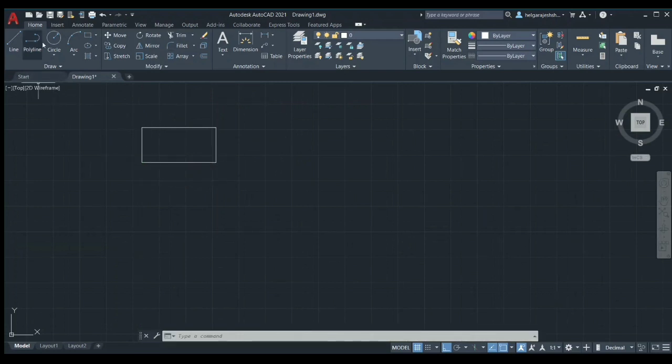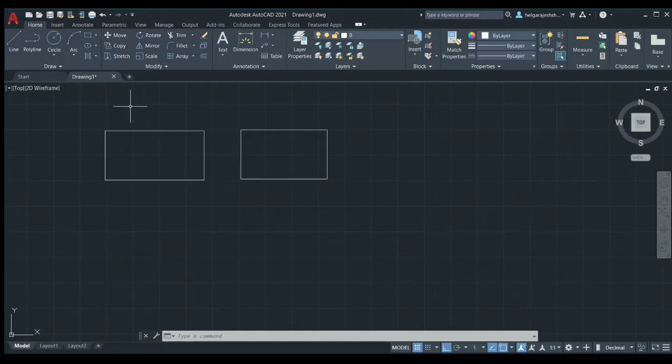Now I'm choosing polyline and similarly I'm going to draw a rectangle. Now I'm moving my cursor and placing it above a line of the rectangle and selecting it. That particular line gets selected. Like that we could select all the lines. But if you try to choose a particular line on the rectangle that you created using polyline, the entire rectangle will get selected. So that's the difference between a line and a polyline.